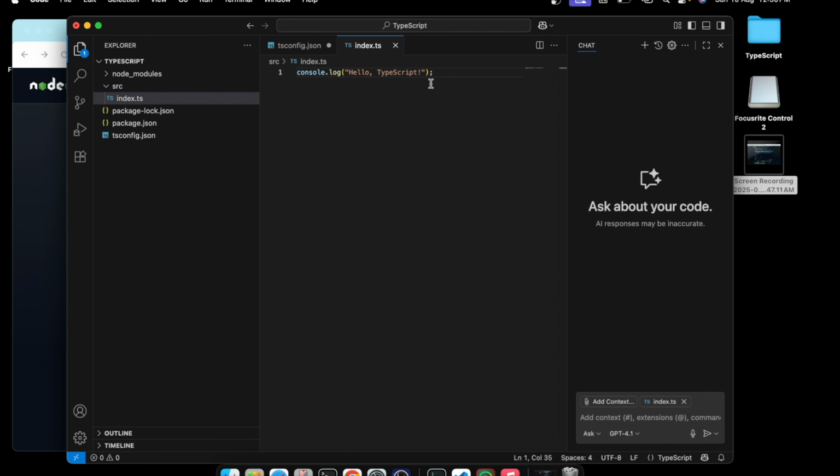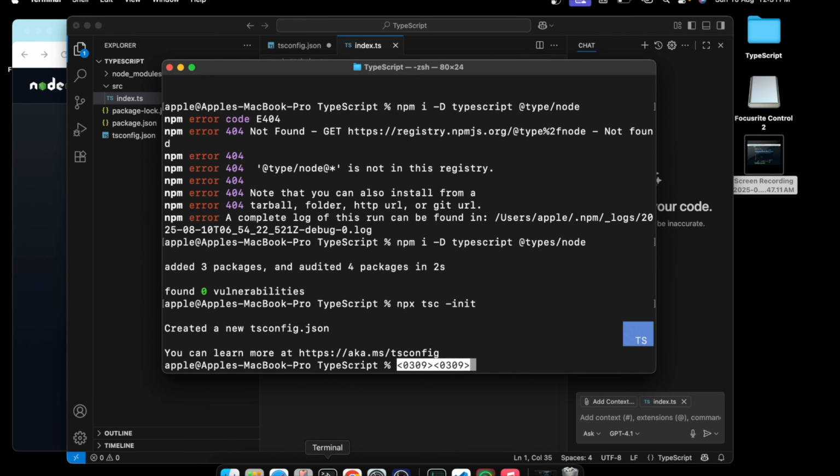Hello TypeScript. After that, how will we run this code? So for running the code, we have to use npx tsc. So let's run the command.